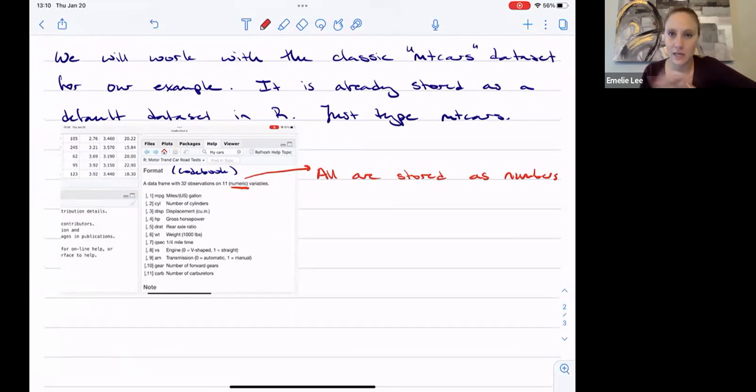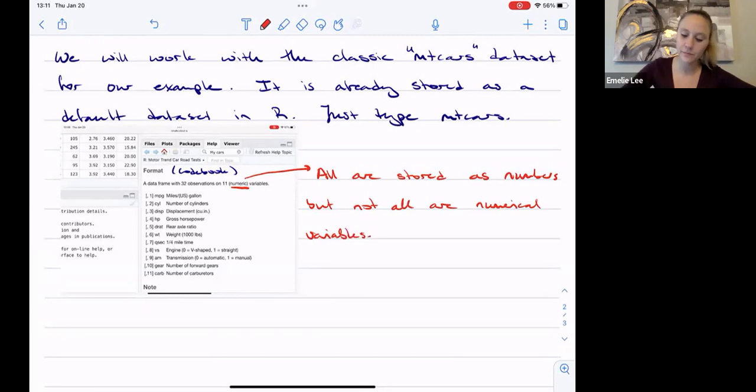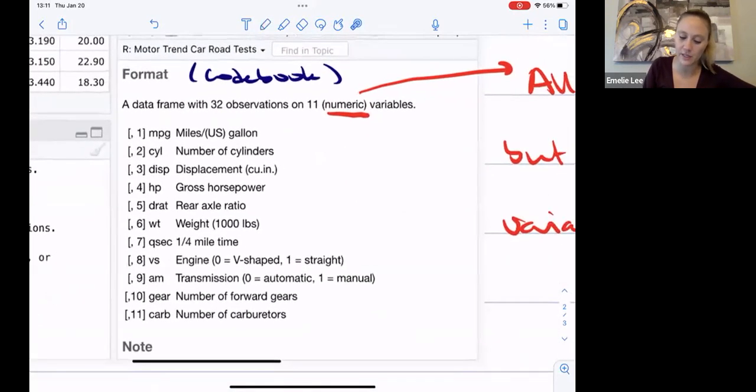But as a nice jumping off point, let's assume that you have not worked with dummy variables. Then we'll be better for it, right? More review. So all are stored as numbers, but not all are numerical values or variables. Okay. So if we go through these here,